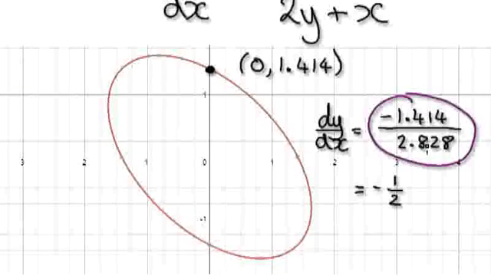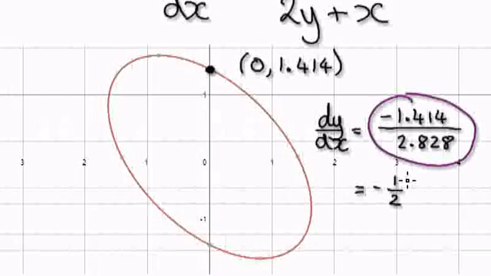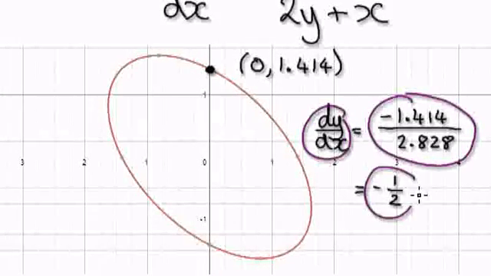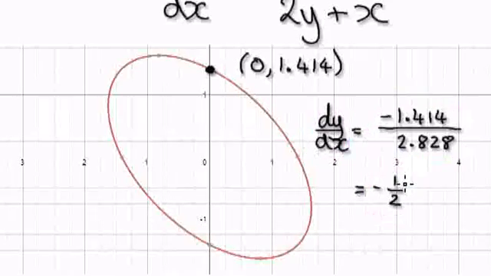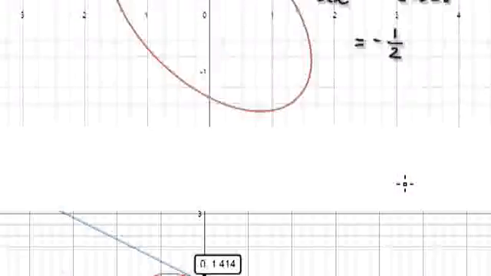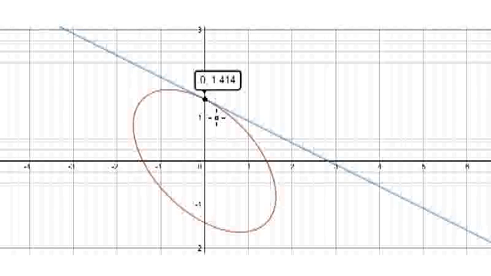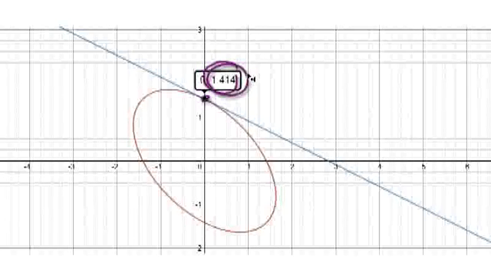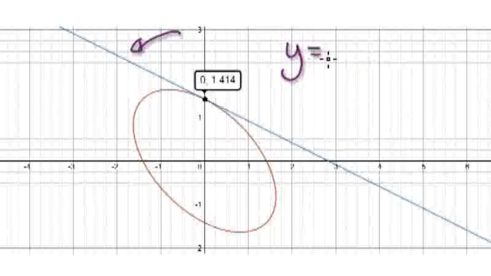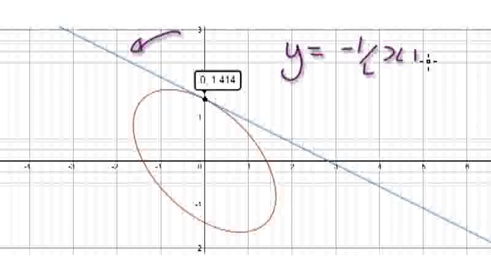Sorry, I'm rushing because the battery on my computer is running low. So dy by dx gives you this. So the gradient is negative a half. So now that you know the gradient is negative a half, and you know it crosses this point here, the intercept is this bit here. So the equation for this line here is y equals negative a half x plus,